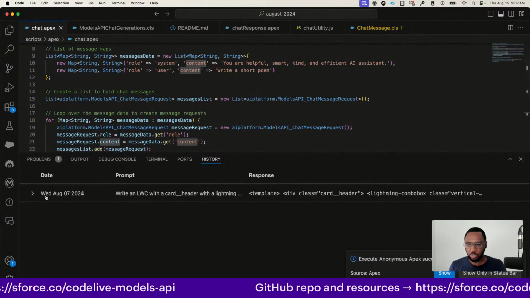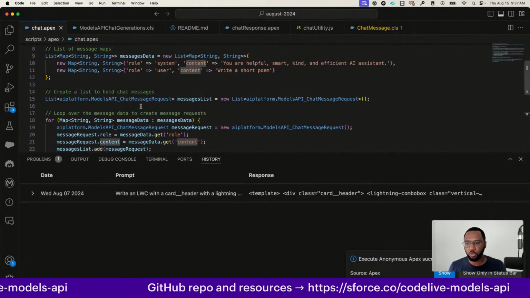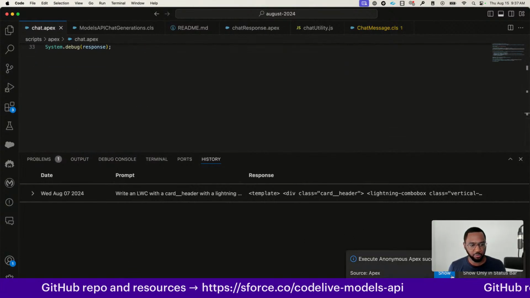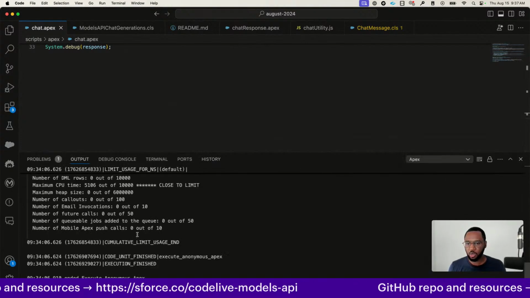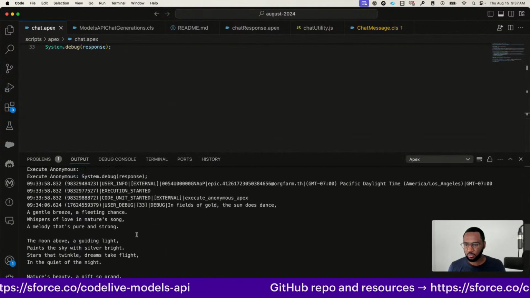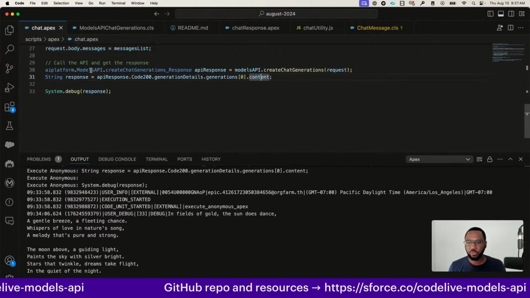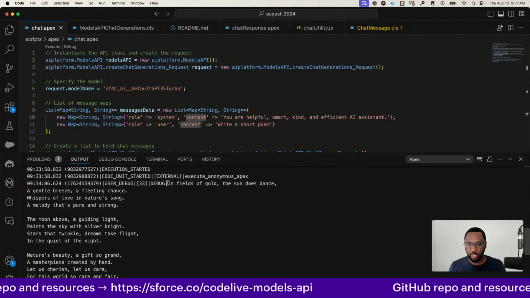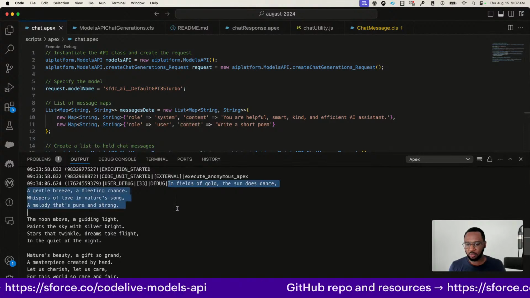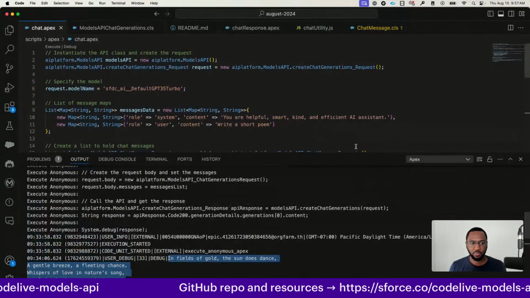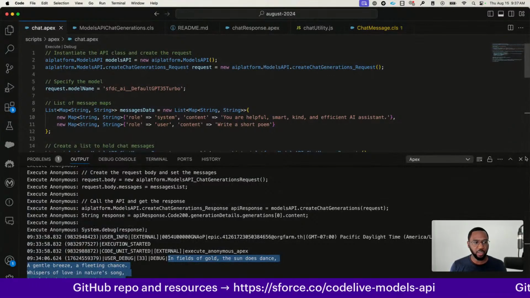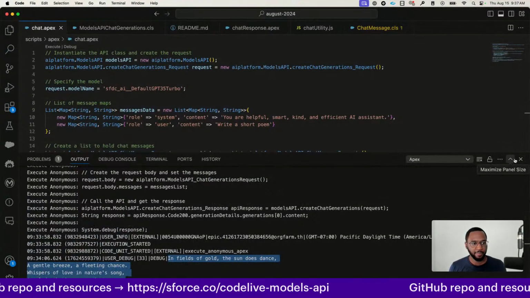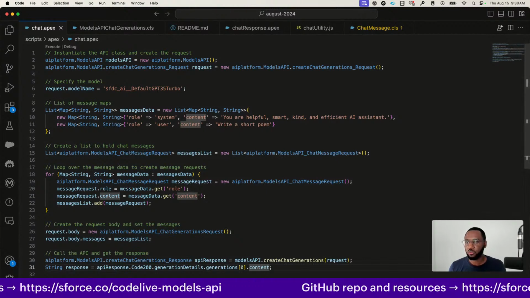So I believe we got back our response from our Apex call. Let's see here. So here we go. We sent to the model, again, just "write a short poem," and that's exactly what we got. Well, not too short. And so in the context of LWC, you would of course want to build your